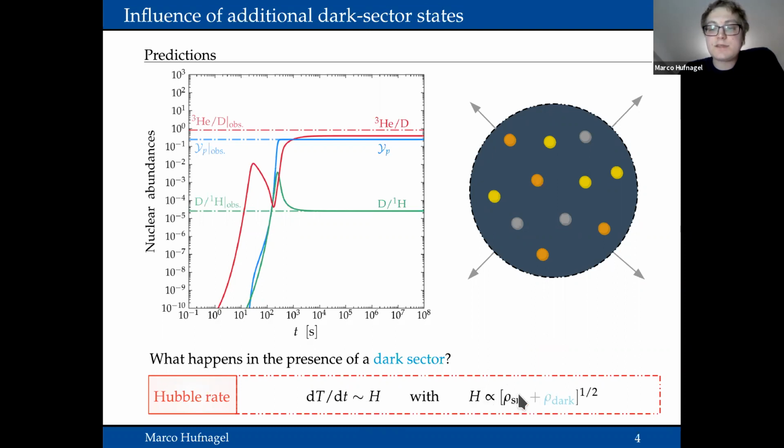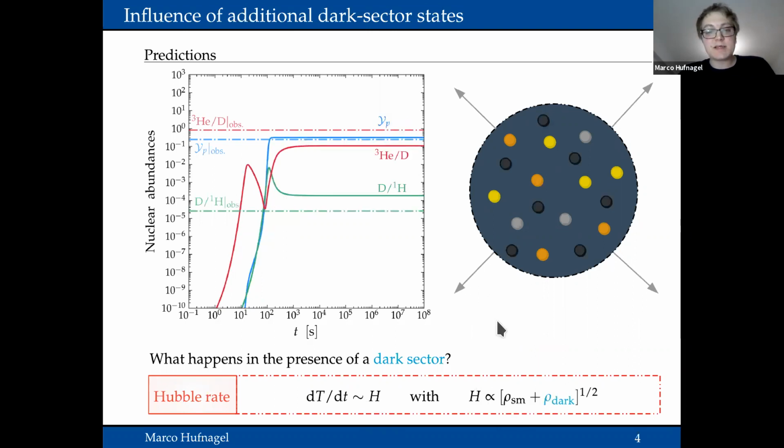And the Hubble rate is essentially determined by the total energy budget of the universe. So if you only have the standard model, then the Hubble rate is essentially proportional to the square root of the energy density of the standard model. So you end up with a certain expansion velocity, and you end up with the abundances that are compatible with observations. However, if you now